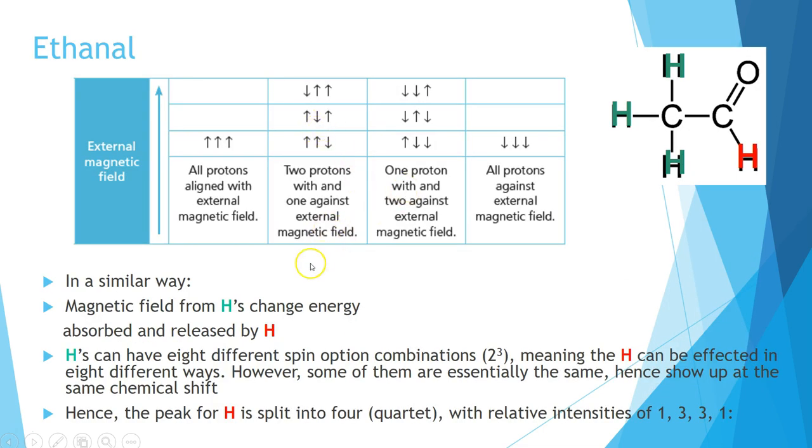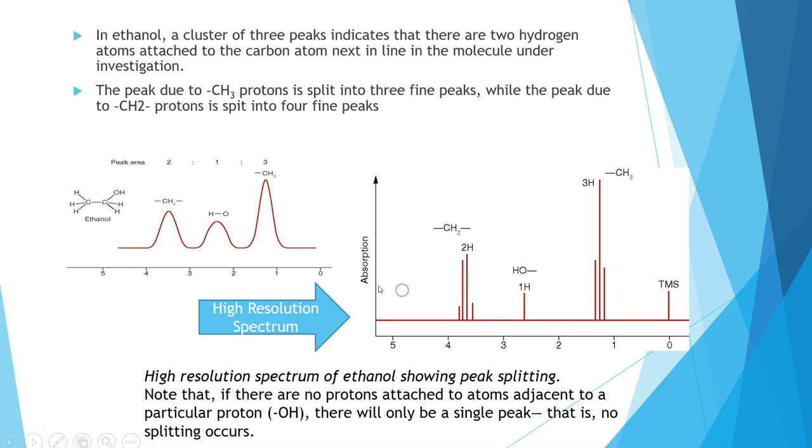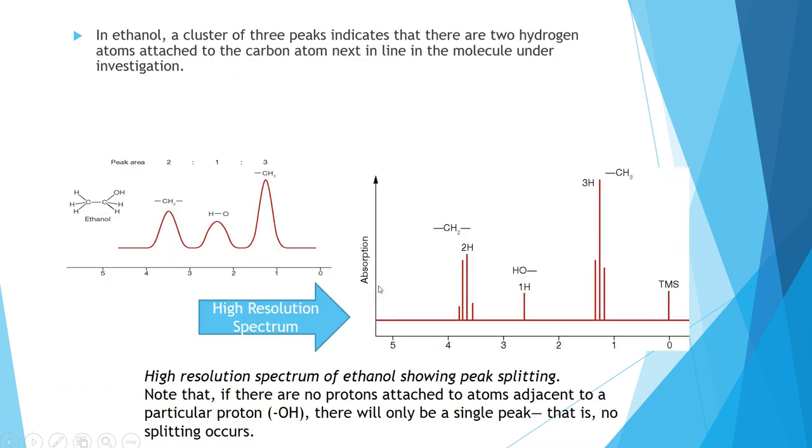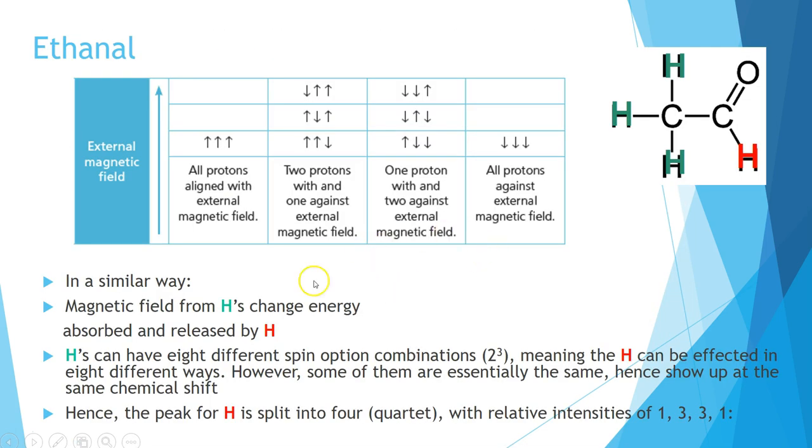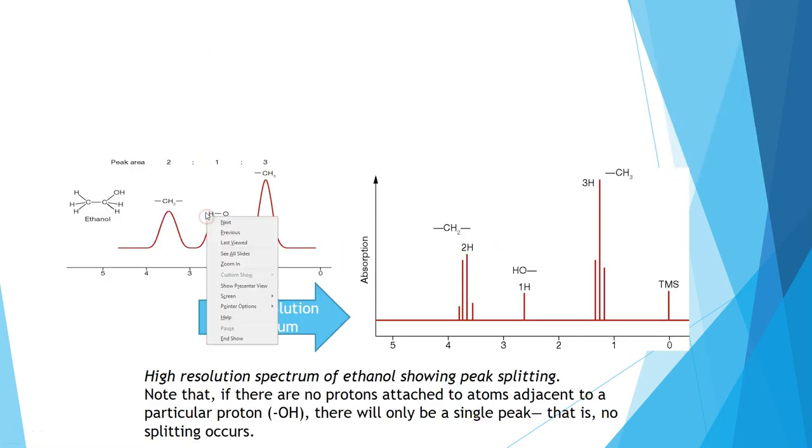So if we take these options, assuming splitting is going across the carbonyl, which I said before doesn't always happen. Sorry, that's jumped ahead. Let's get back. What we have